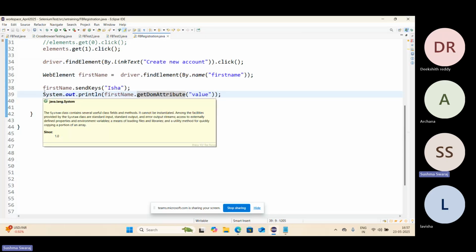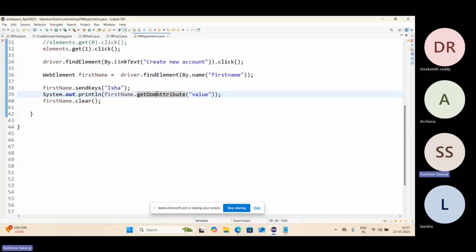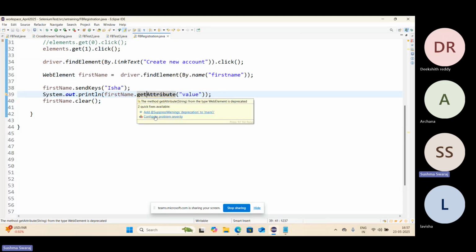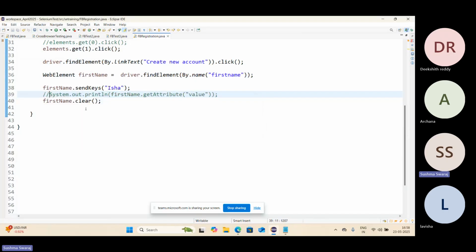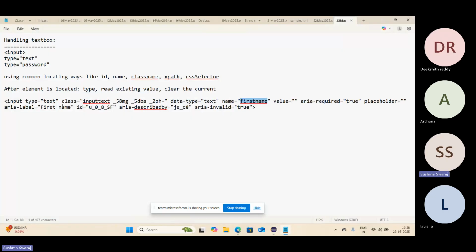It is showing that get attribute is deprecated. So whatever value you are giving, you can retrieve. It is showing web element is deprecated, but don't worry about this one. In that case, I will remove this part about reading the existing value. I'll come back to it. We have already discussed type is a method which will give you